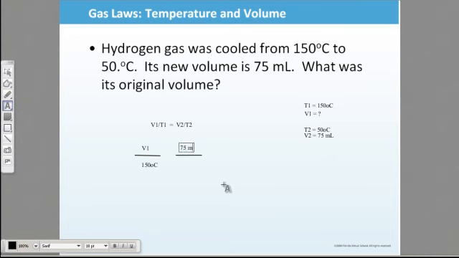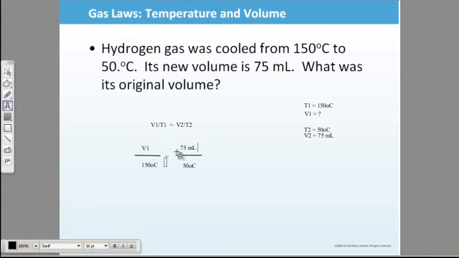V2 was 75 milliliters, and the new temperature is 50. Now, just a little note here. This is in milliliters, and I'm leaving it in milliliters simply because I can now leave the units for my